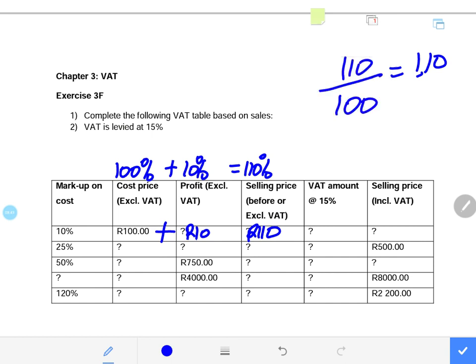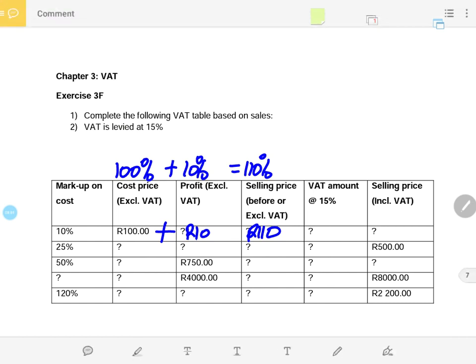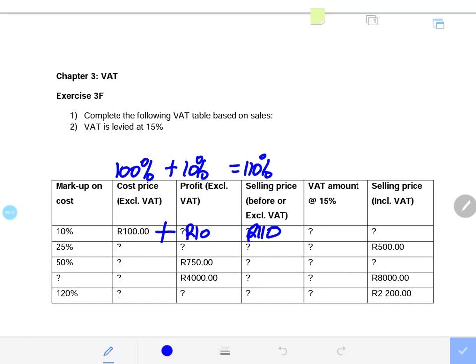So now this is the selling price of the product before VAT is included. That means when we sell the product, we are going to sell the product at 110 Rand. That is what will be the selling price that we are going to recognize as our sales income in our books. Now we have to add VAT because in this example we are calculating the selling price